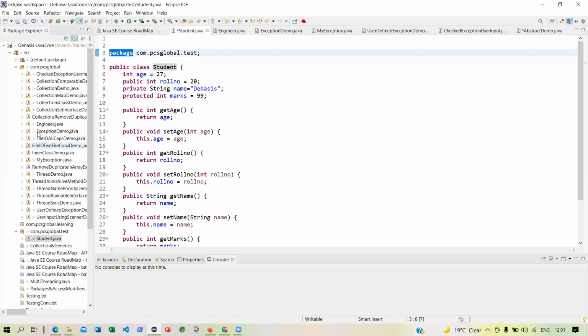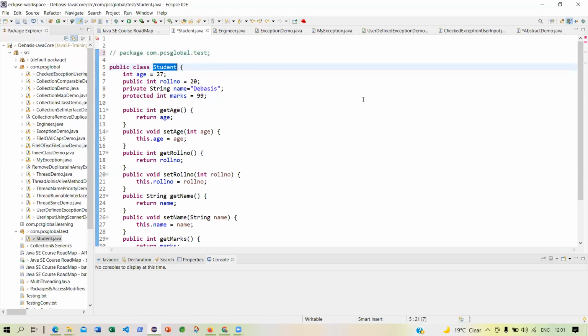Otherwise, if you don't mention it, the compiler will not allow it, because the compiler does not find the student anywhere. By not mentioning the package, you are telling it to look for student.java under which package?